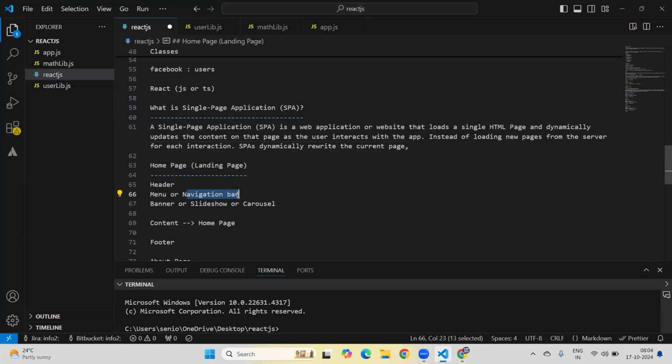If I click on about, in that scenario, about is the current page. Meaning the page does not refresh or reload